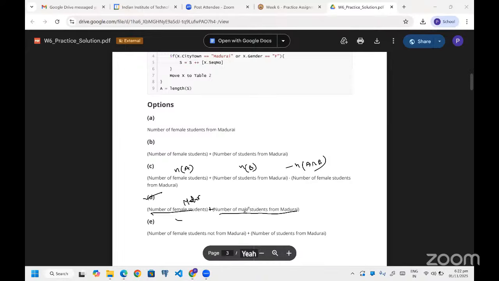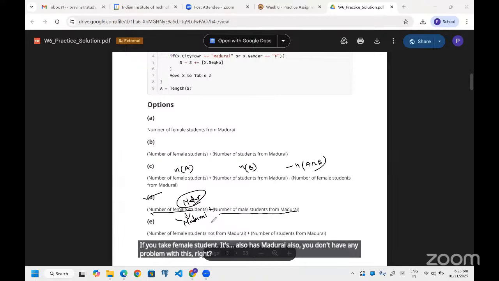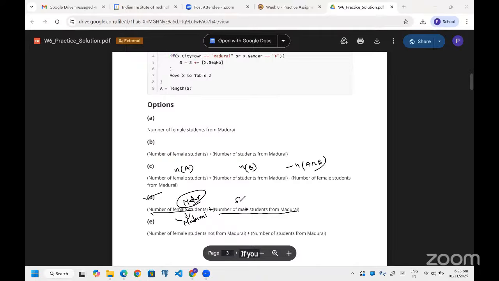That is the union of both male and female. If you take female students, it also has Madurai. You don't have any problem with this, right? If you say female students from Madurai, it might have some common cards.